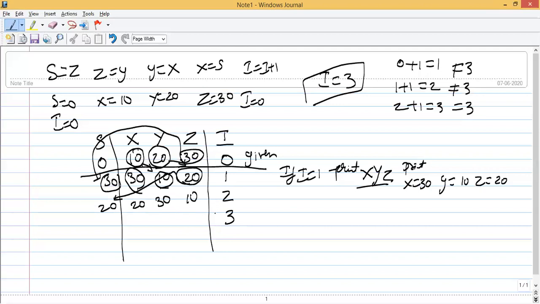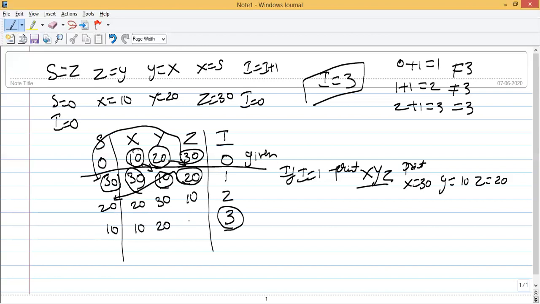But we should not print here. We should print only if I reaches 3. Now rearrange it again. S is equal to Z. So S will become 10. Hence X also will become 10. Y becomes what? Previously Y is equal to X. So Y becomes 20. Z is equal to what?